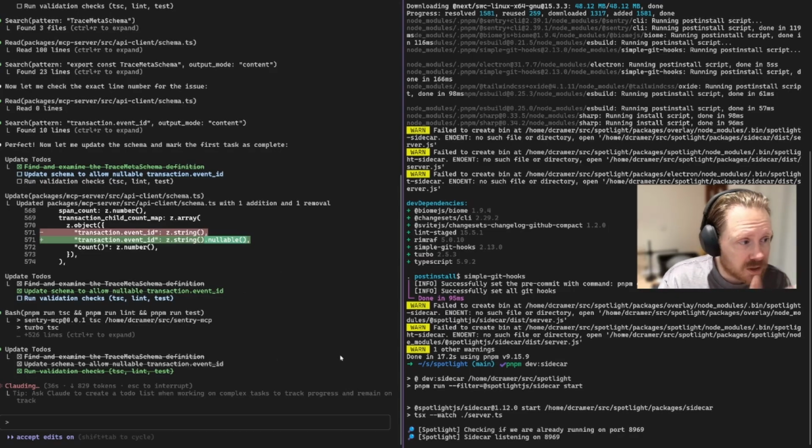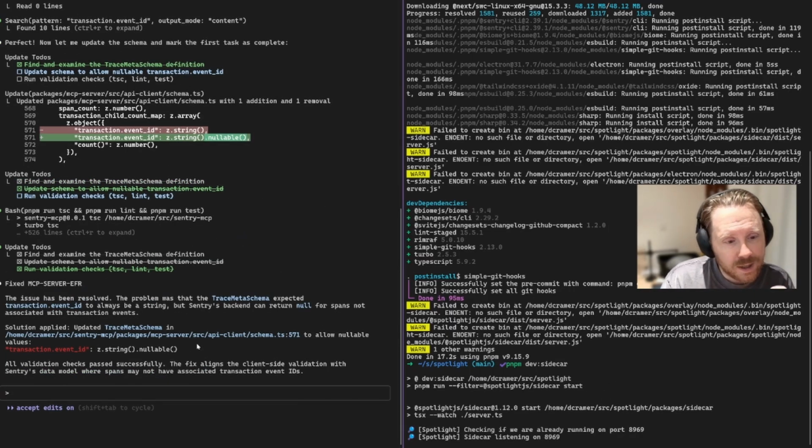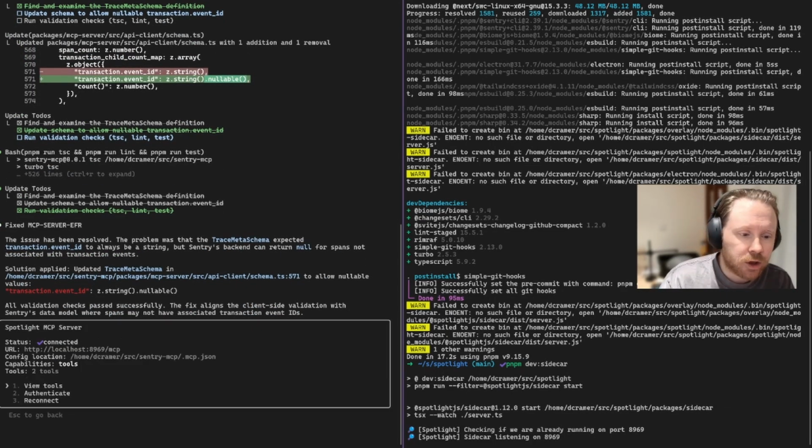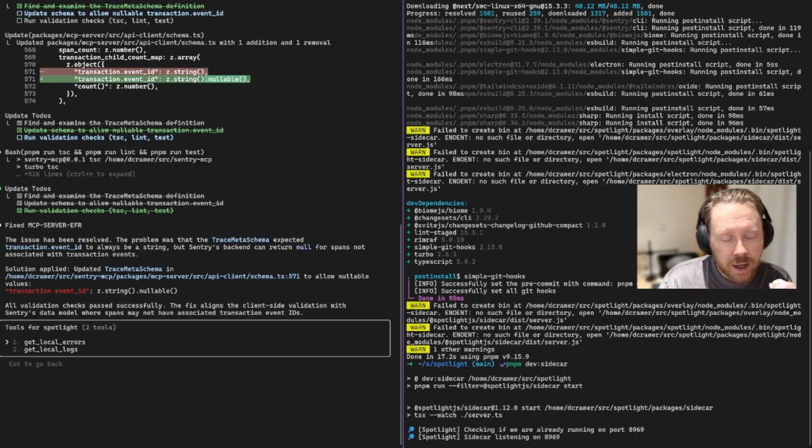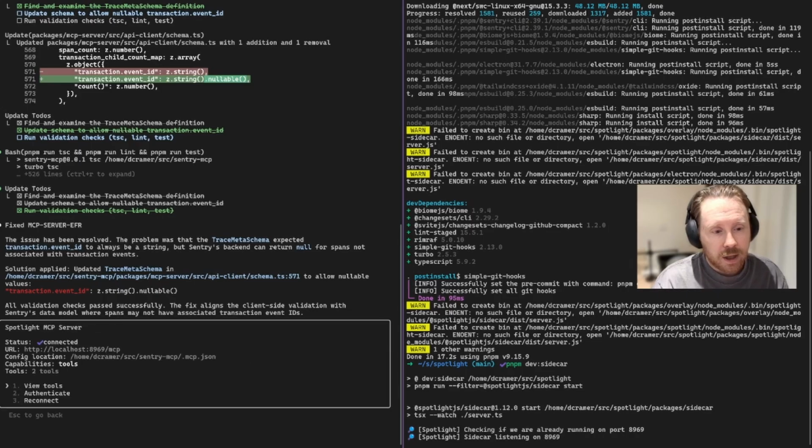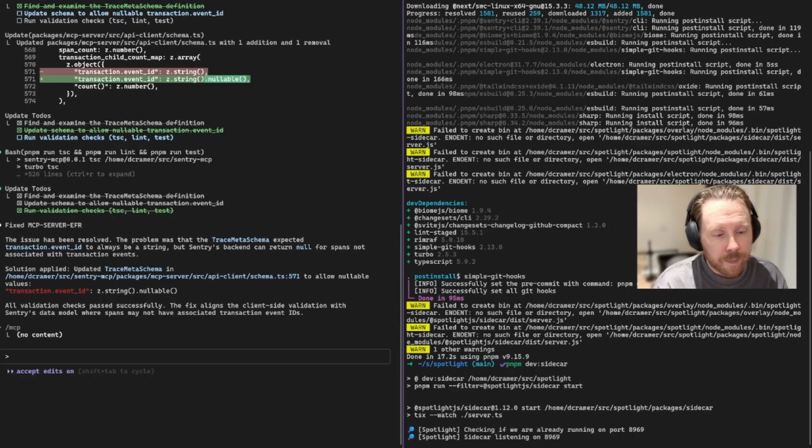I want to show you Spotlight then, because this is also interesting. We're probably not going to need it in this case. But let me show you what Spotlight would let me do. This is super rough, so don't think too much about it. It's able to get all the local telemetry from your application. If you're using the Sentry SDK, which is open source and unrelated to our cloud service, even though it's only used for our cloud service, if you instrument your app with that, you've got errors, logs, traces, all this really valuable stuff. Right now we've just quickly exposed errors and logs, but you can actually query these things. I'll show you what that lets you do in a second, but unfortunately we already have a fix